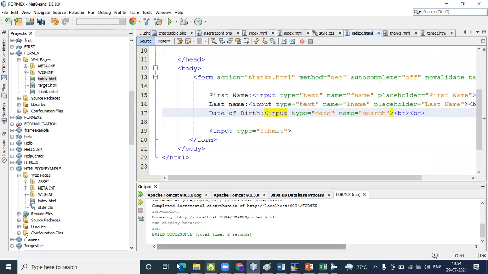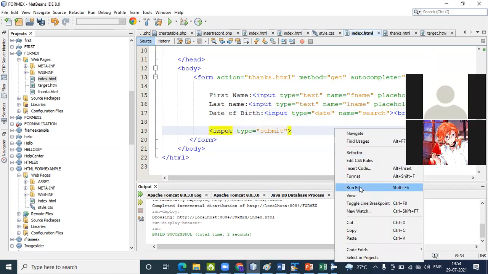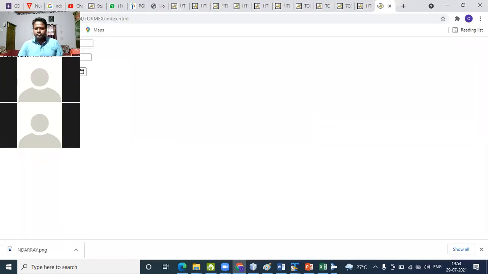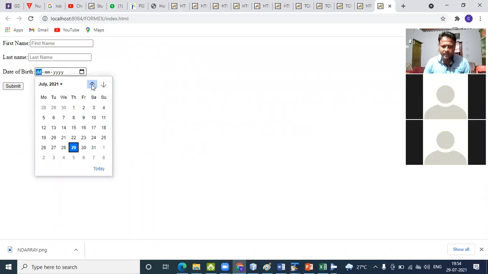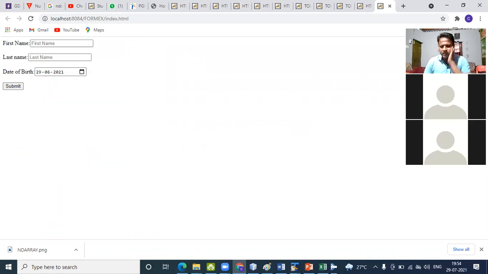Input type equals to date. Now check what it will display. This one. Input type equals to date of birth. If you open the calendar, it is moving. The calendar is showing you date of birth.